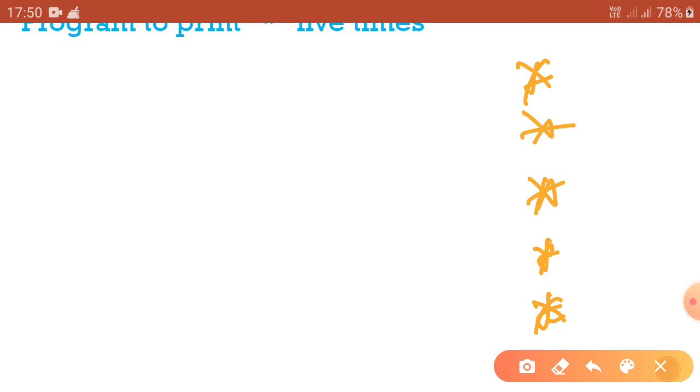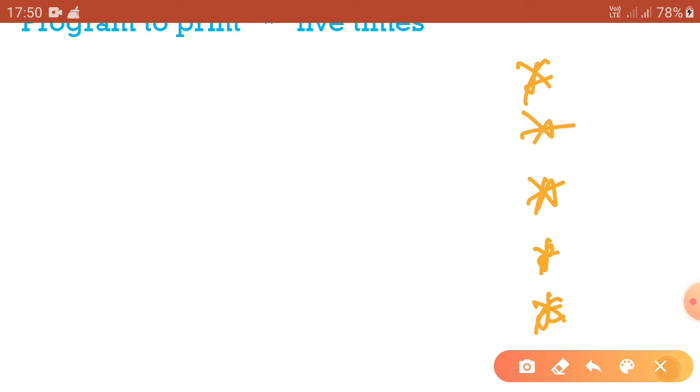The program is to print a star 5 times. If we want to print the star 5 times, we have to print the stars in 4 rows. So we know the structure of the Do While loop.